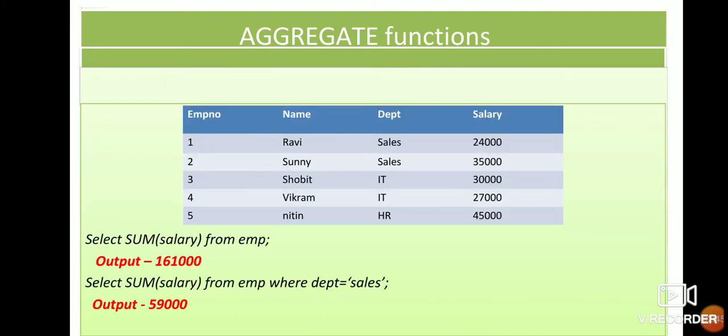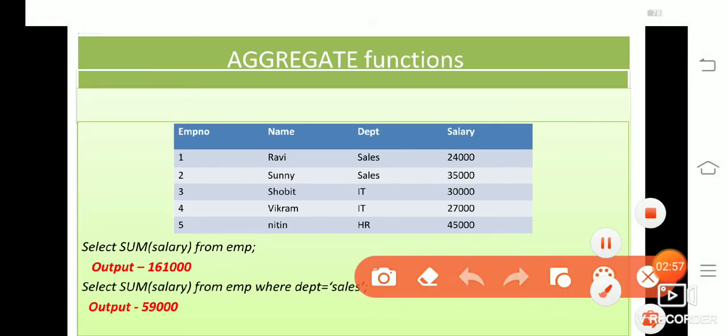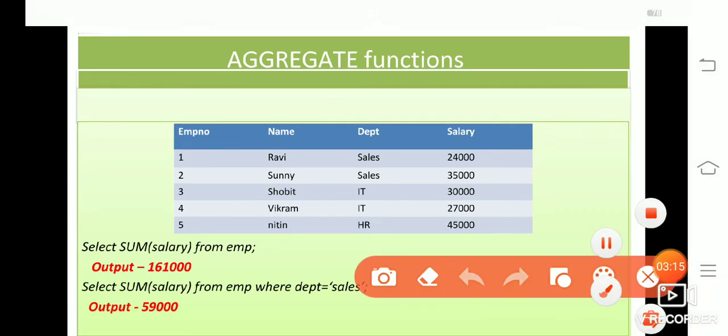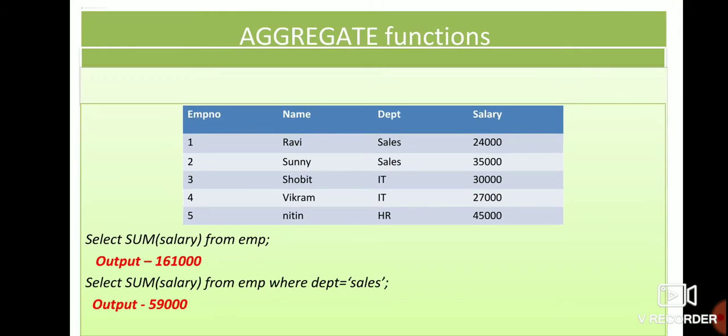Okay, next, aggregate function. See the example of sum, like I want to sum the salary of this table. So what will I do? Select sum salary from employee. So whatever salary is written over here will be calculated. Next, select sum salary from employee where department equal to sales. I have given the condition also, isn't it? Whatever sales departments are there, you can see there are two sales departments. The first one is 24,000 and the second one is 35,000. So these two will be calculated